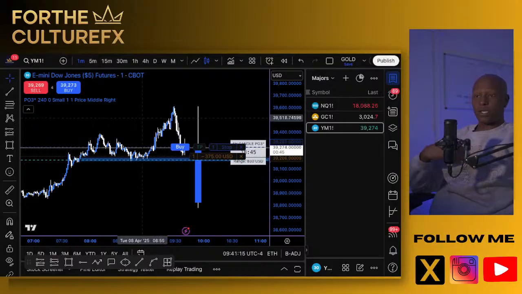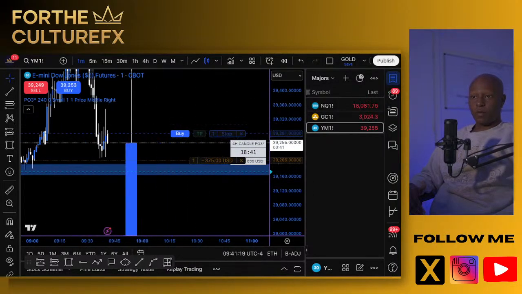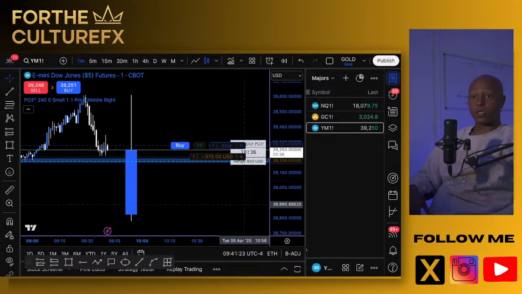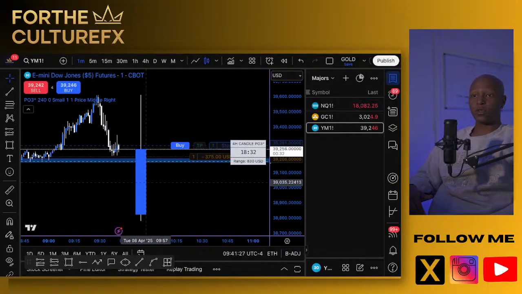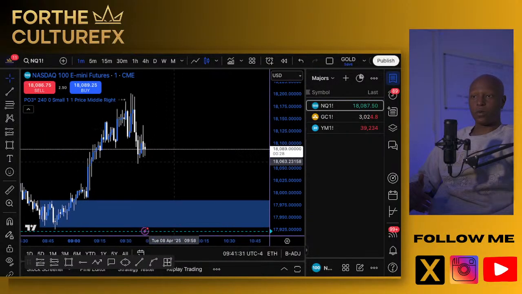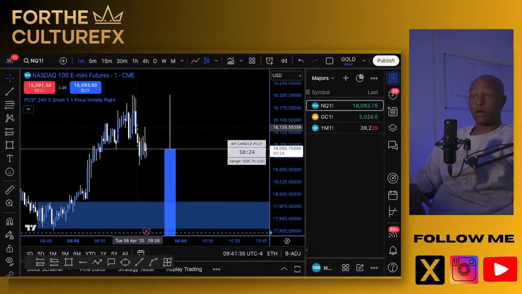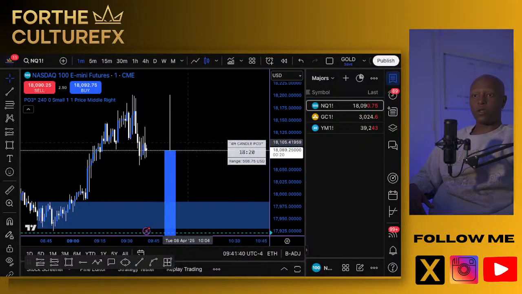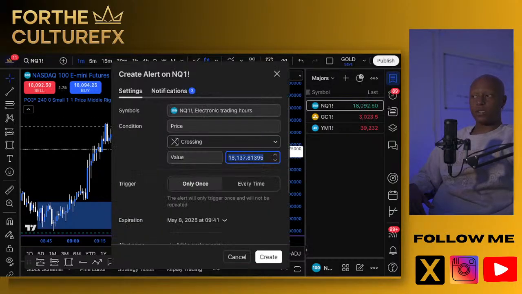Now what I want to see, like I said, is a smaller time frame confirmation in alignment with this possible bullish move, right? So we want to see our smaller time frame align with this so that we can execute on possible positions. If our smaller time frame isn't aligning with what we need to see, then that's just what it is. Now, what can we see here potentially on NQ? So NQ is on my hot to go.